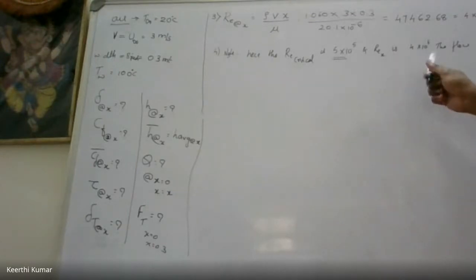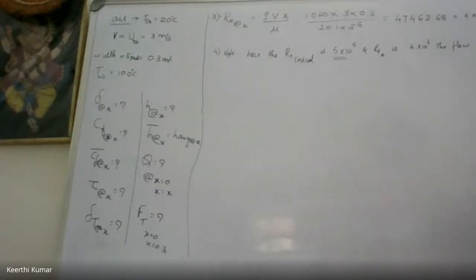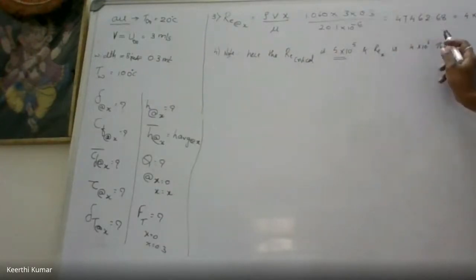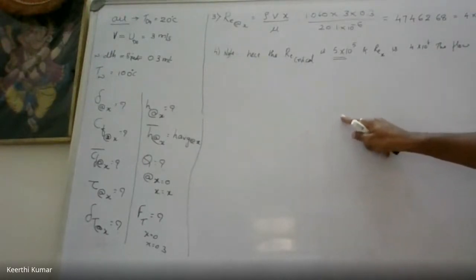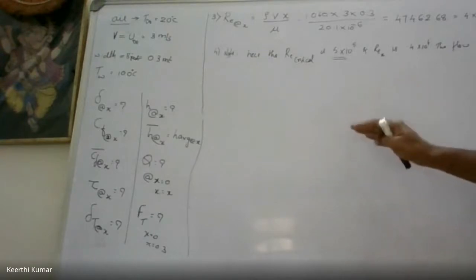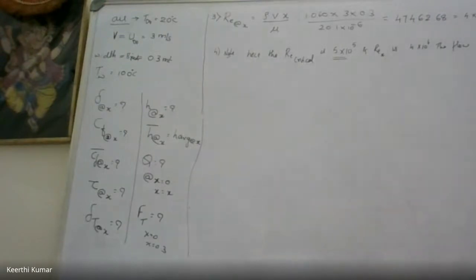Now, the flow is laminar at a distance of X. As X increases, what will happen, can you tell? As the value of X increases, nearer to L, the flow will become turbulent. Understanding? You saw the figure just now. Earlier it was a smooth curve, later on there was some zigzag, later on again it rapidly increases. If the length increases, the Reynolds number at the end, at the maximum length, will become turbulent flow. Now we are still inside the laminar region, so we got the Reynolds number as less than 10 to the power of 5.